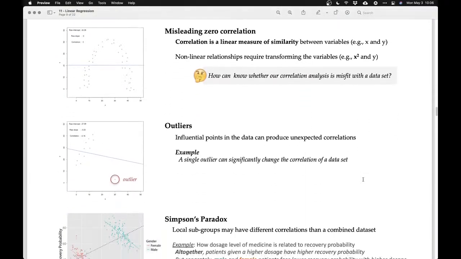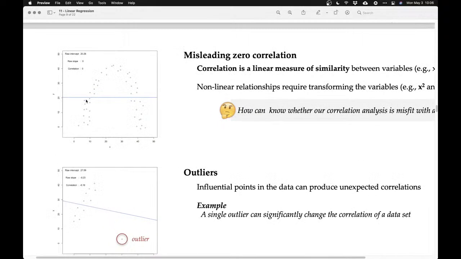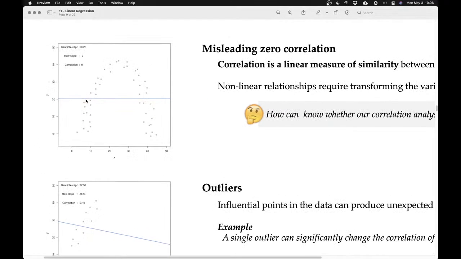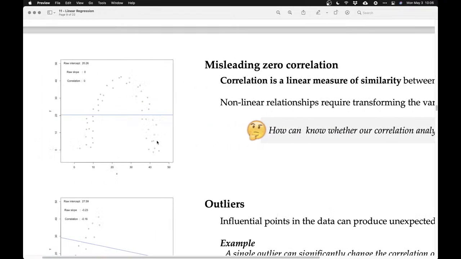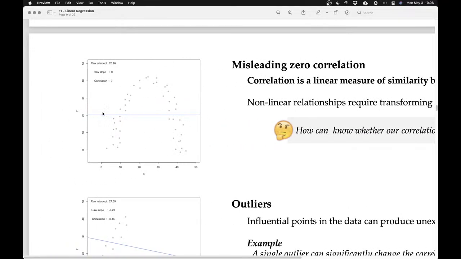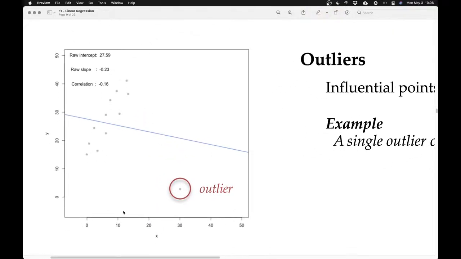So we've seen a few interesting examples here. We can have misleading zero correlations, where the correlation is not detecting a pattern because the pattern is not linear. All right. We've seen the story of outliers, and now if we go back to the beginning of the class,